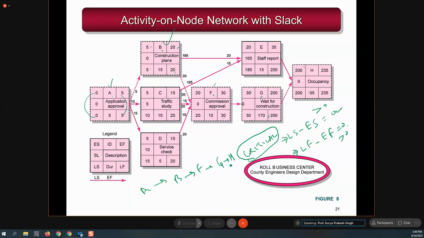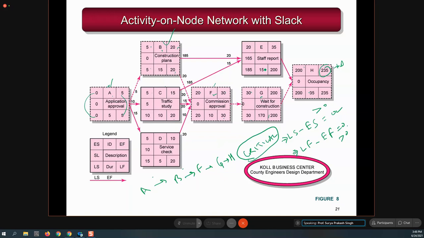So what is the meaning of this critical path to the project manager? For the project manager, the interpretation is he will put all the attention on the activity A, B, F, G, and H. इसको delay नहीं होना चाहिए. अगर ये थोड़ा भी delay हुआ, what is the meaning? If one of the activity got delayed by a single day, your project will delay by that amount of day, that delta. अगर यहाँ एक दिन का delay हुआ, तो ये भी एक दिन का 236 दिन होगा. If it is delayed by 10 days, it will finish in 245 days. So that is the meaning.